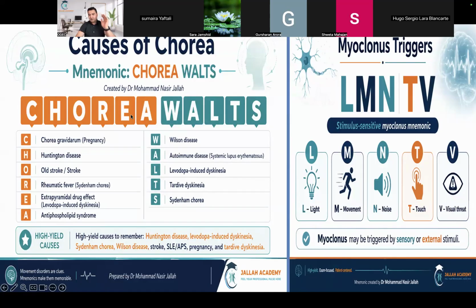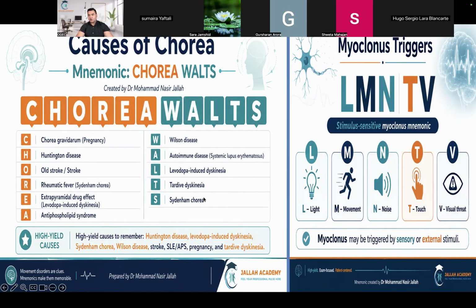So this is the picture that we have for the chorea and also myoclonus. Chorea WALTZ: there's a mnemonic for the causes of chorea, which is CHOREA WALTZ. I think you guys have it in your notes. So chorea gravidarum, which is called pregnancy, Huntington disease, old stroke or a stroke, rheumatic fever, which is Sydenham chorea, which is the most common after the levodopa carbidopa use, antiphospholipid antibody syndrome,